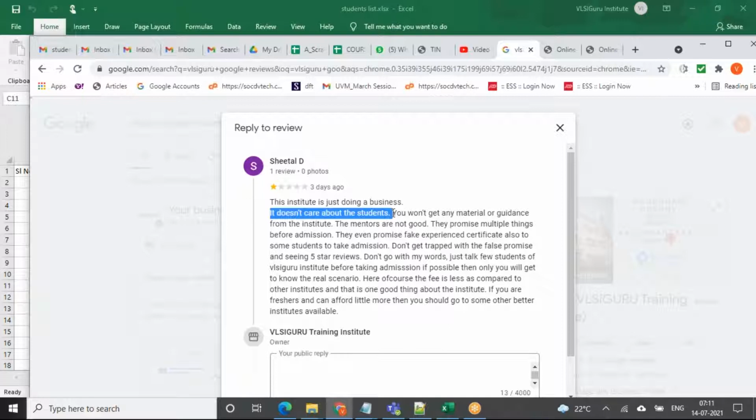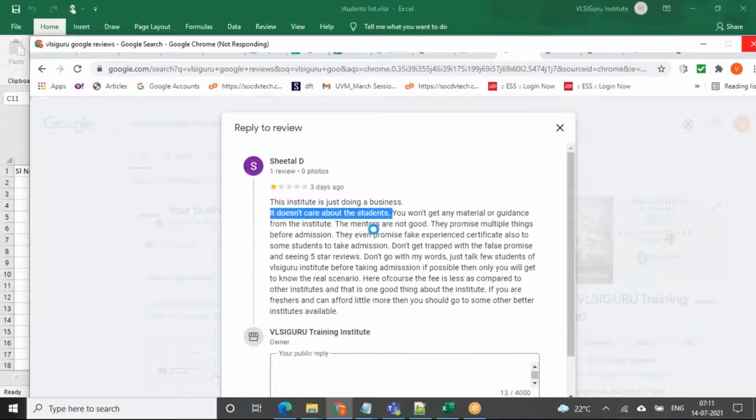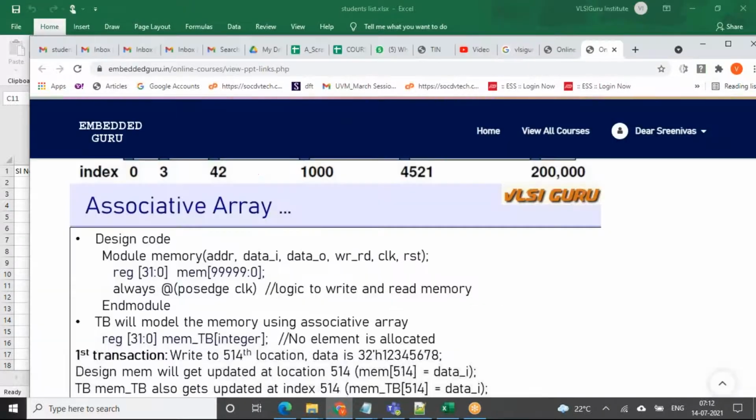Are we leaving students to just go on the road and asking them to prepare? No, right? It says you won't get proper material. Are we not giving proper material? Is it not the proper material that I shared? Okay. It says the mentors are not good. See, you can't rely on